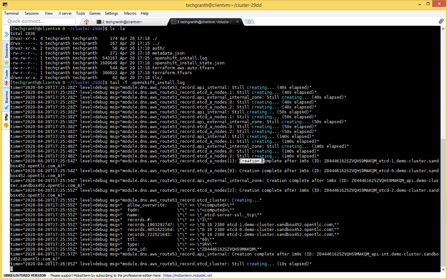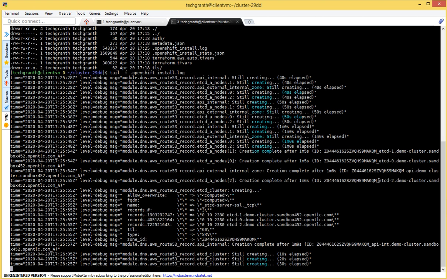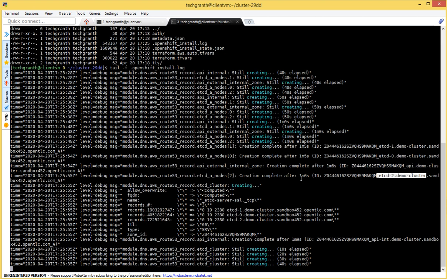Now creation complete after 1 minute for demo-cluster etcd 1, etcd 0, and etcd 2. So our etcd nodes have been provisioned, under this Route 53 record.